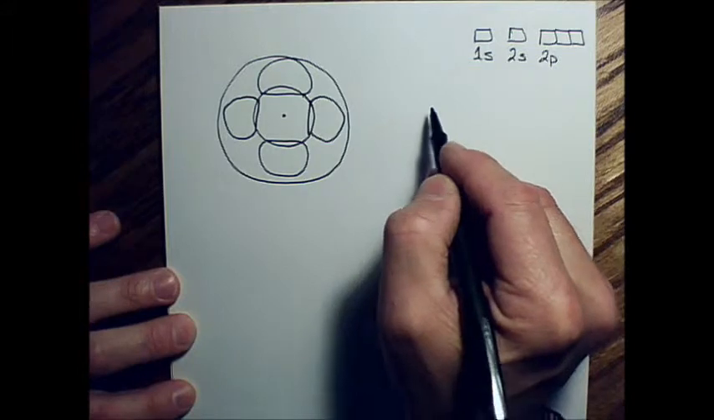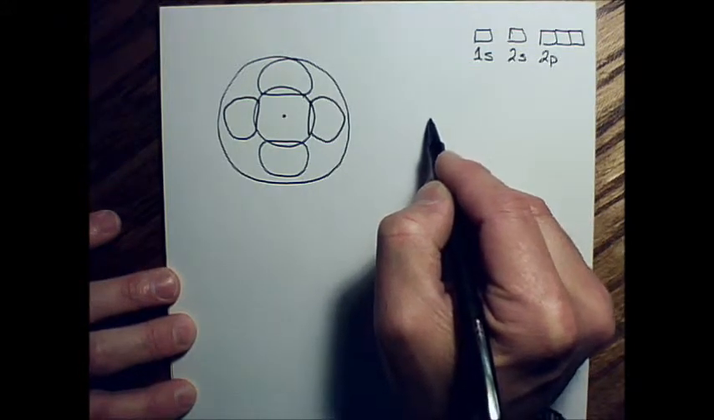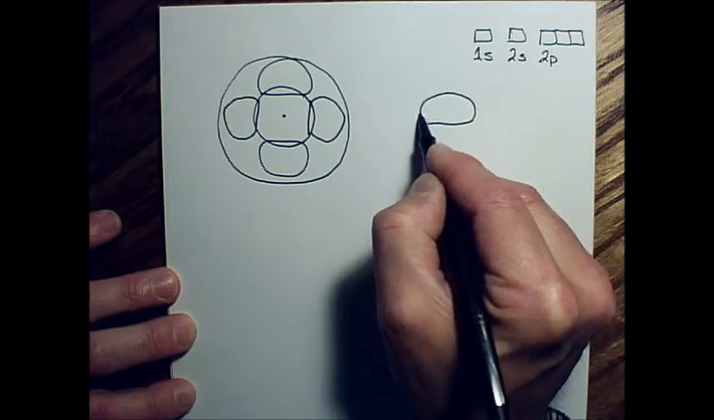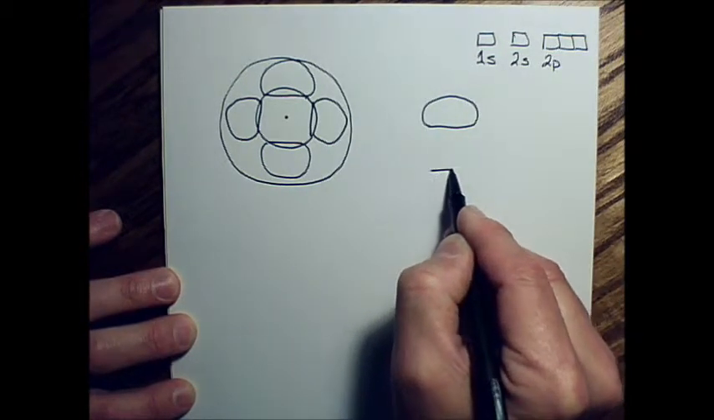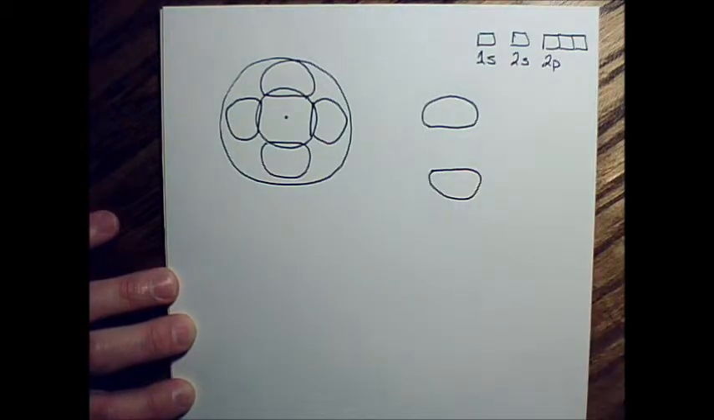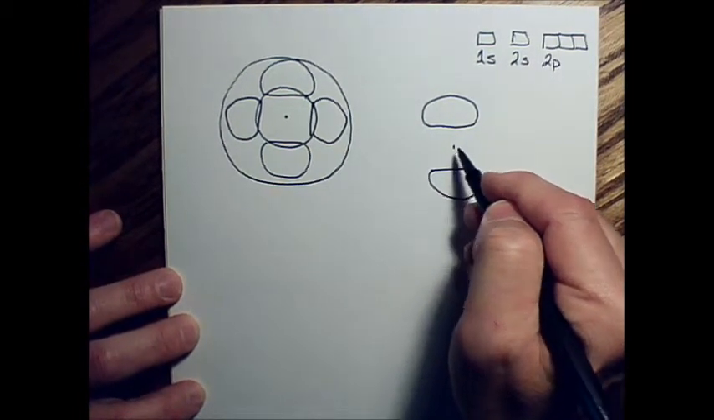So instead of doing mushroom heads that float out in space like that, we're going to take a p orbital, which is kind of a mushroom head. Sounds like the name of a band, doesn't it? Mushroom heads. Okay? We're going to take and use, and there's the nucleus,